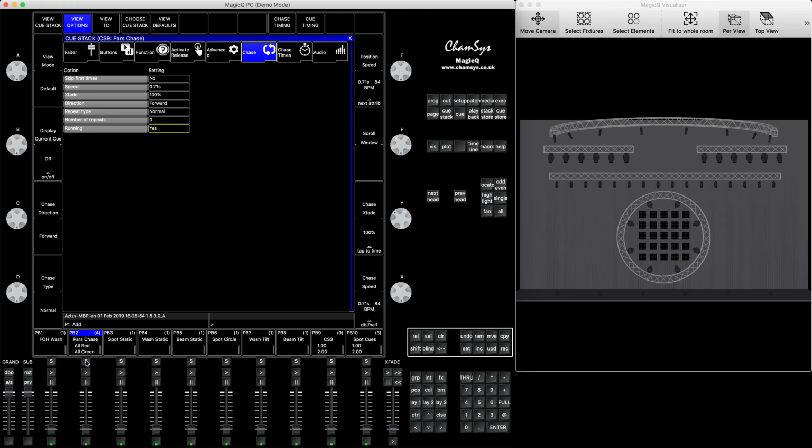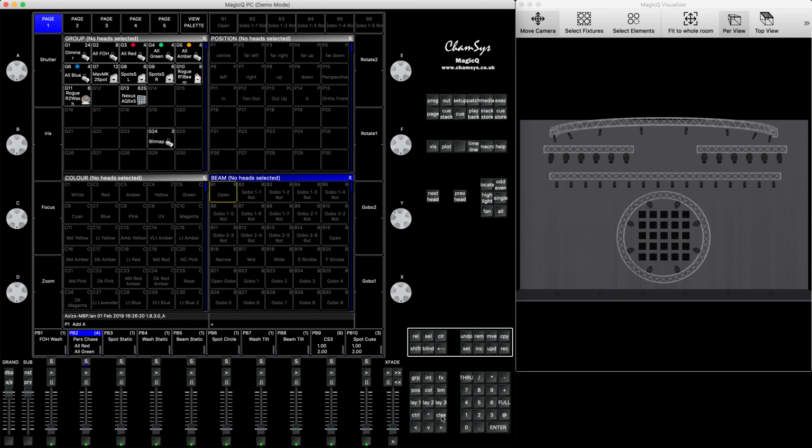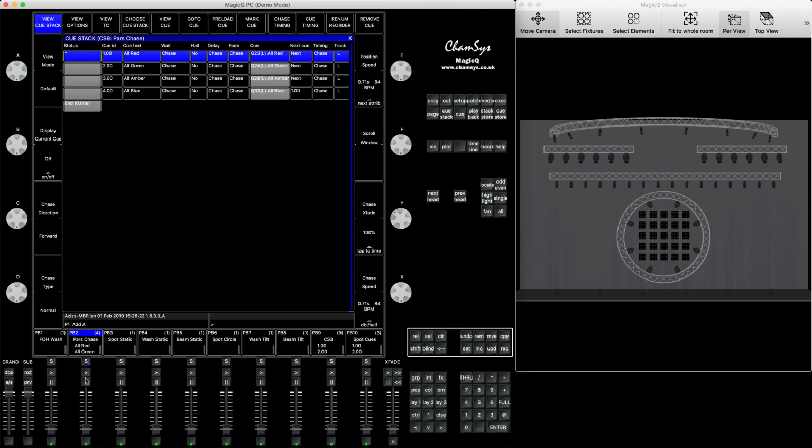If you triple click on your chase, in the chase tab you're going to find several options, like chase direction, chase type, and so on, so you can see all your options. The option I actually want to show you is the number of repeats. For example, if you say 2 and press enter, this is how many times it will repeat itself before it stops. So let's test it.